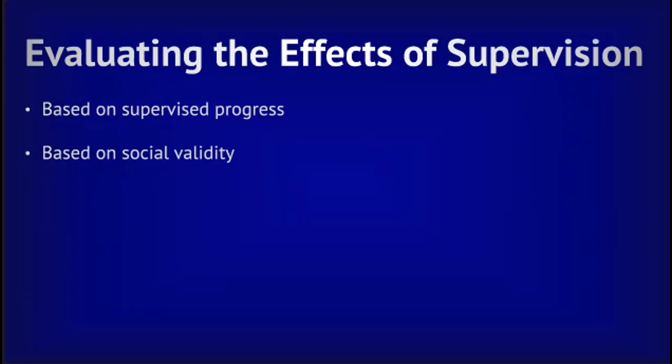As far as the supervisee's behavior, if you're giving them satisfactory progress every week and on paper they seem to be making progress, yet your qualitative or anecdotal data don't corroborate this, you don't think that they're growing or changing as effectively as it would seem on paper, then what's probably happening is that the way that you're measuring their progress is not sensitive enough, or your data systems that you set up are not valid to capture exactly what you're looking for. So it's important to consider the social validity of that experience.